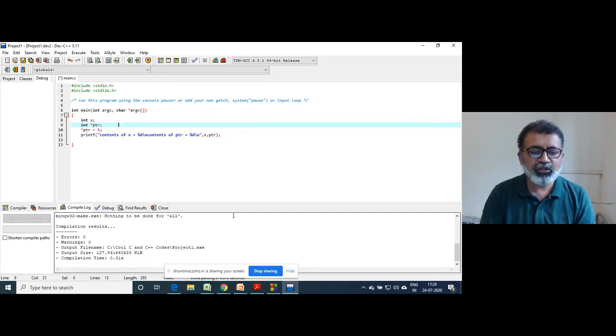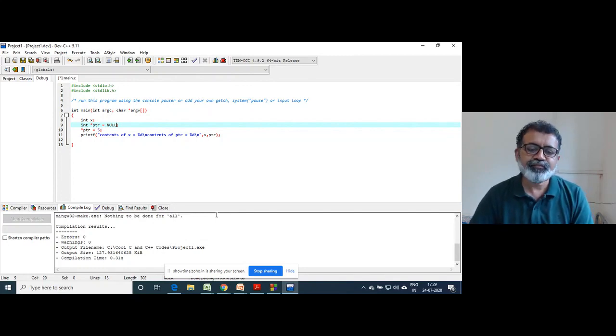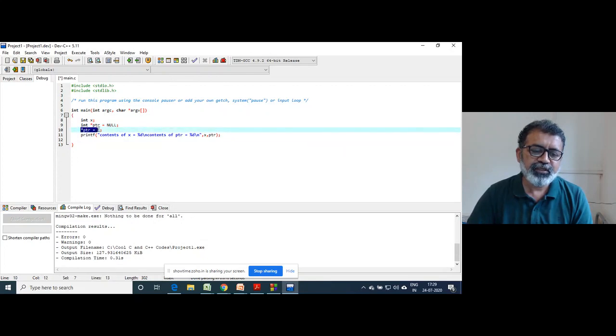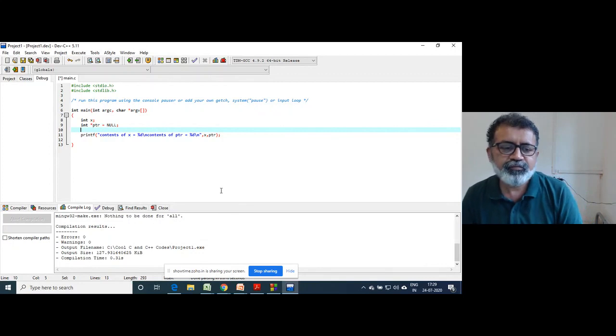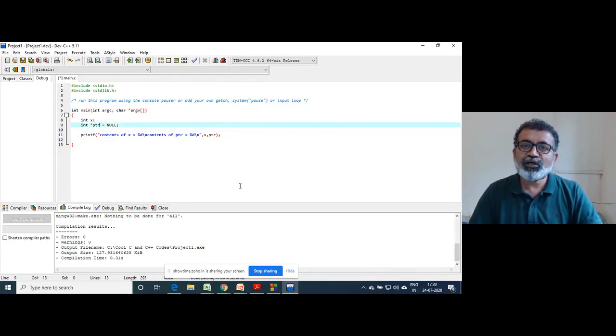Okay, the solution on this is when you write like this, initialize it to null, right? Initialize to null, so that PTR is not pointing to any location. Null is an abstract concept.